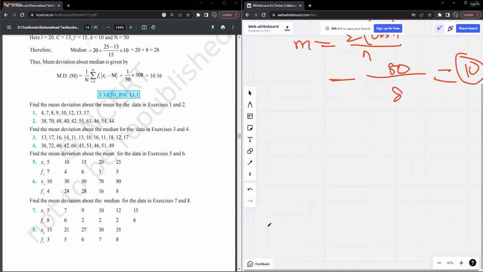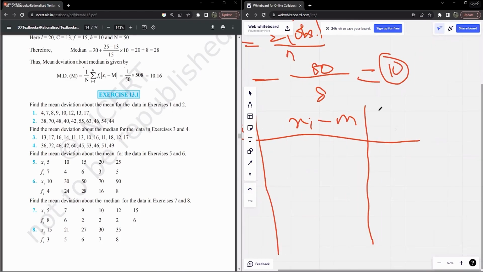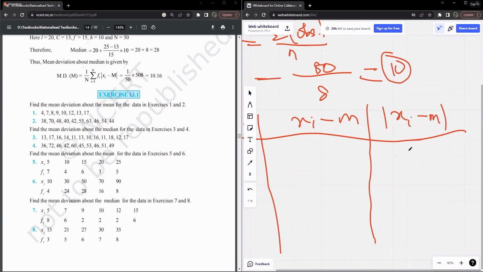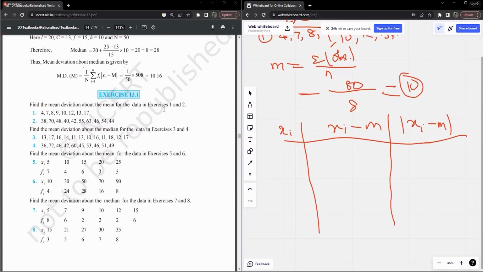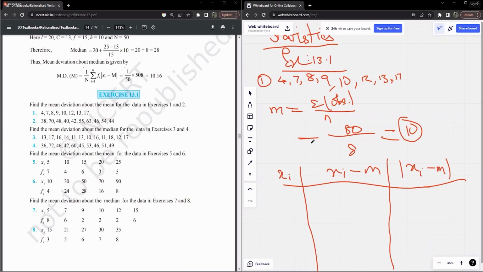So now we make a table that shows the spread of the data above the mean. If I denote this as xi, then I'll write this as xi minus x bar, or xi minus m over here, and then the absolute value of xi minus m. Because for the final mean deviation, you don't just sum up all the xi minus m; you sum up the absolute values of all these xi minus m,